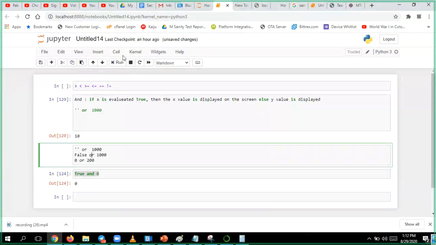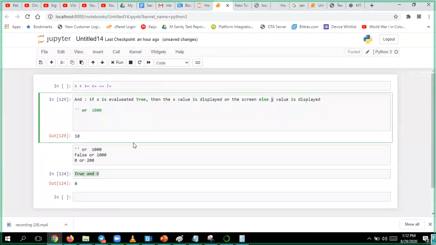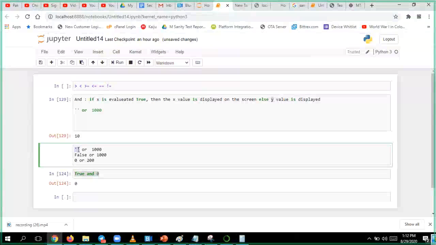If any one of these, that is the else part. If the X value is true, then only the first value comes for the AND condition.